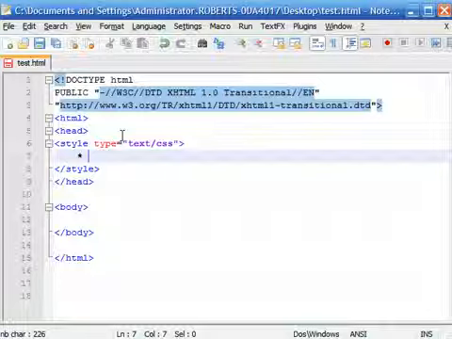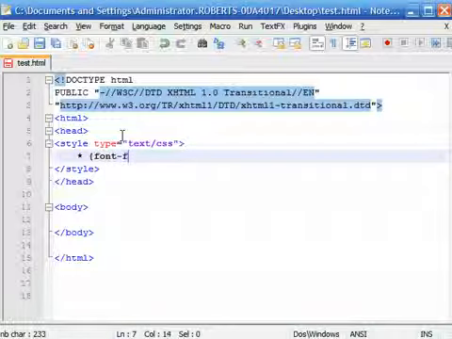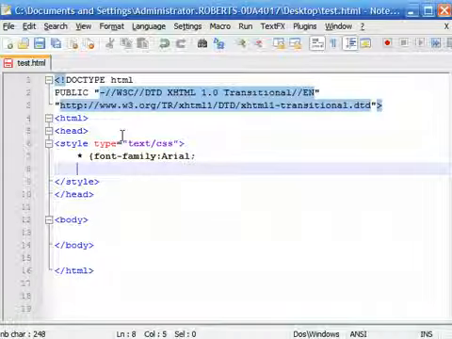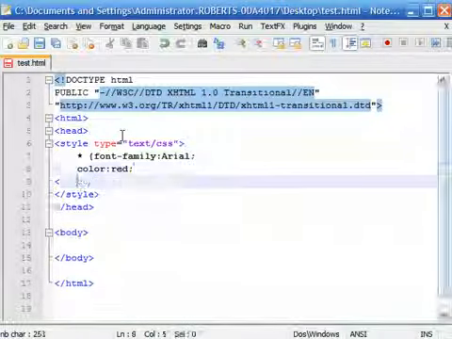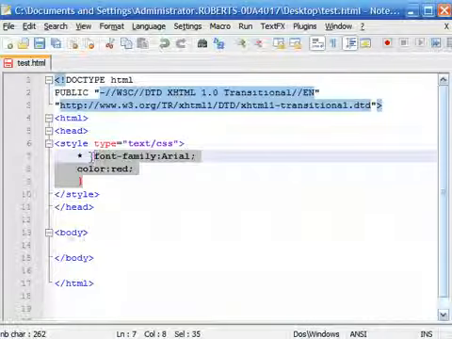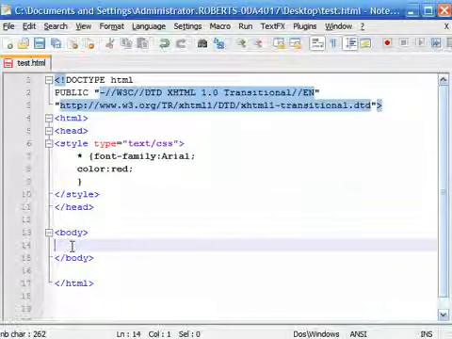on your website. So for example, say we wanted to change the font to Arial. You simply type font family and set that equal to Arial. And let's make another rule just for fun. Let's set the color to red. So now that we typed in two rules in our declarations, this universal selector will apply to any element in